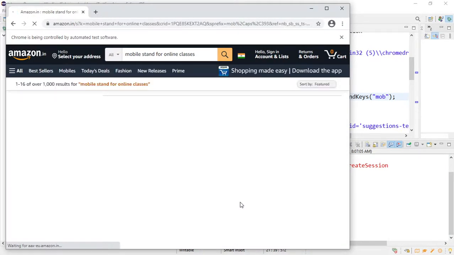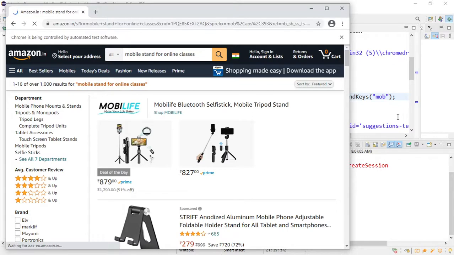So now it has clicked on this index number, whatever we have given. So now this is clear to everyone.